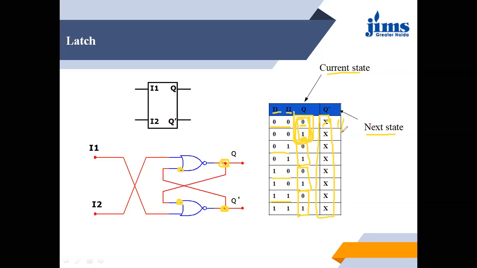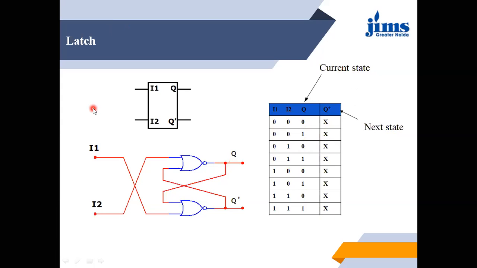My purpose is only to tell you that when we have the input values 00, 01, 10 and 11, then based on the current state, how the value of the next state is going to be changed in case of a latch. So this is the basic implementation of a latch,